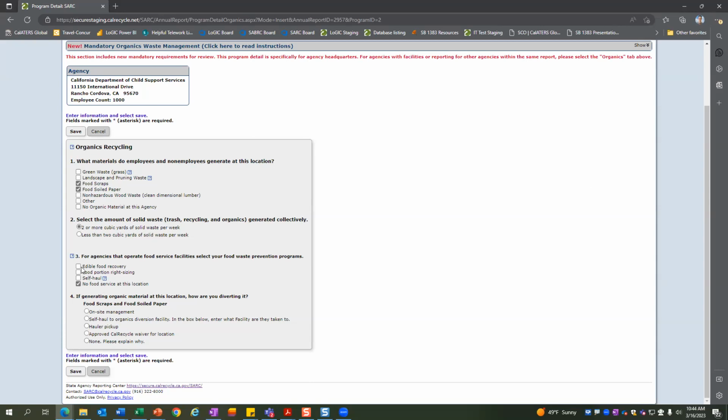However, if you do operate a food service facility here, you want to select the programs you have in place for source reducing that food waste, so prior to disposal. It's also okay to dispose of it if it's spoiled, but if it's fit for human consumption, the expectation of 1383 is to donate that food for food recovery, so those less fortunate can eat it.